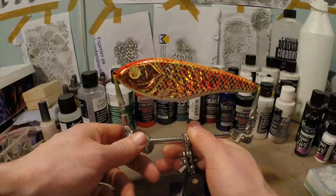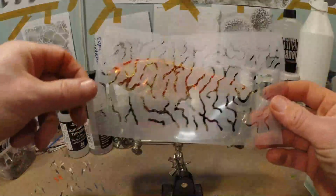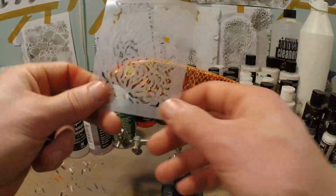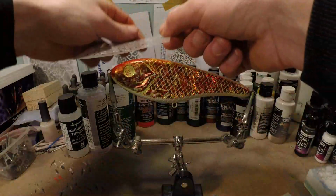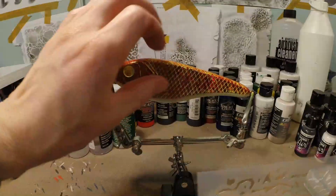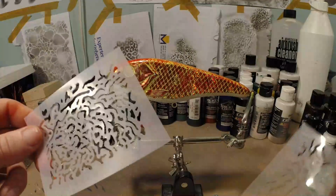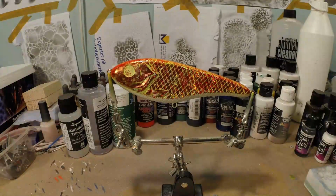But I want to make a burbot out of this, so I made some stencils. I made this fine line stencil to put over the body, and I made this one. Took me quite some time, but it's totally worth it. This finer stencil to do on the head only, and a little bit on the back of the head as well, because some burbots have these bigger lines on the body and those finer, deeper patterns on the head. So that's why I made both these stencils, the bigger lines on the body and the finer lines on the head. And we're gonna do this with candy black,